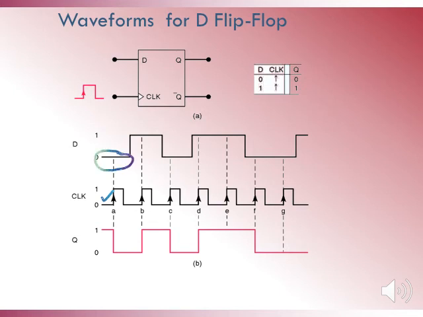So the output after the first positive edge becomes 0. Now when we go to the second positive edge of the clock, at that time the input signal is at level 1. So the transition of the output now is from 0 to 1. Similarly, for all the other positive edges, the output will go on capturing the input.